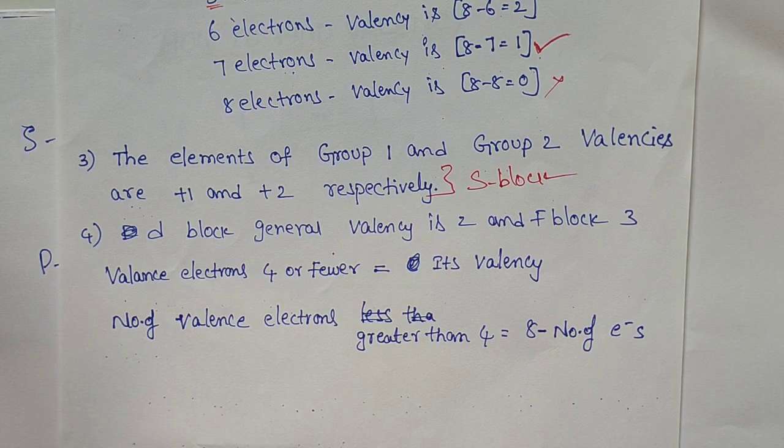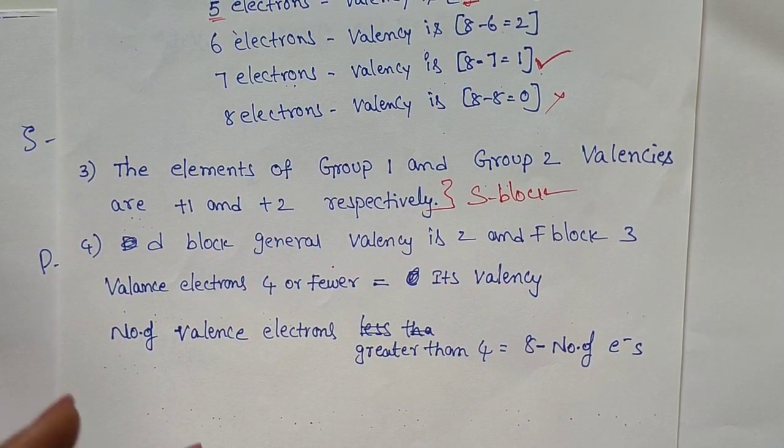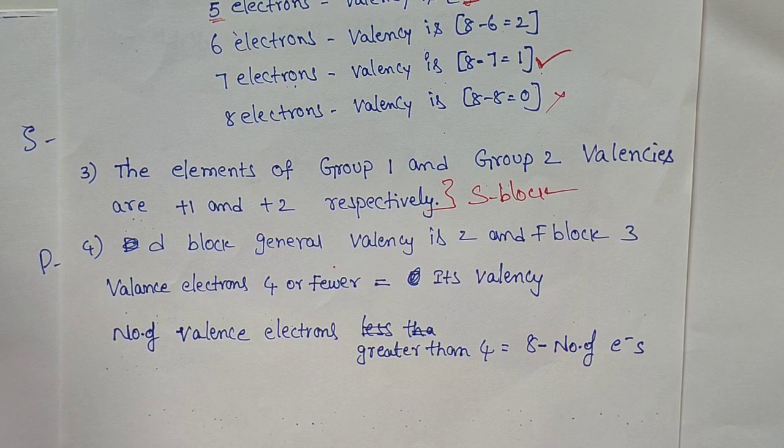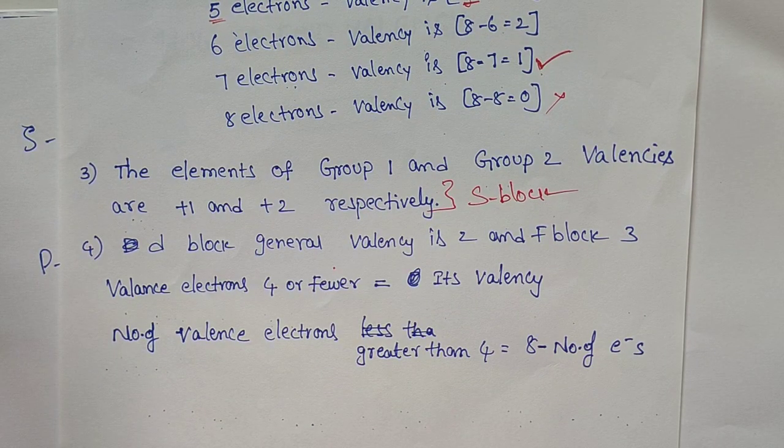First of all, here we are introducing the word variable valency. What is meant by variable valency? It means some elements like iron. If you take iron, it exhibits +2 and +3 oxidation states. When one element exhibits more than one oxidation state, more than one valency, it is called variable valency. Why do the elements exhibit variable valency, students?